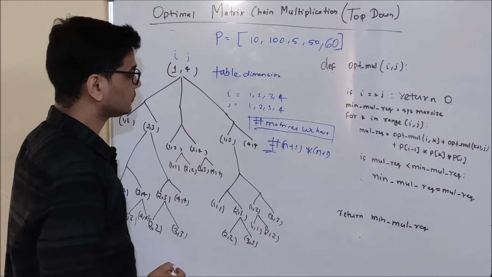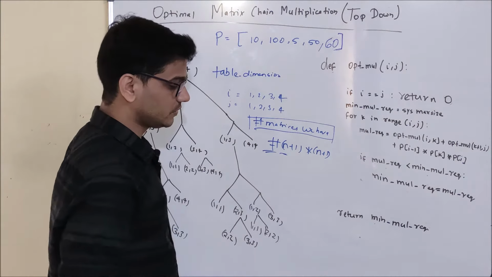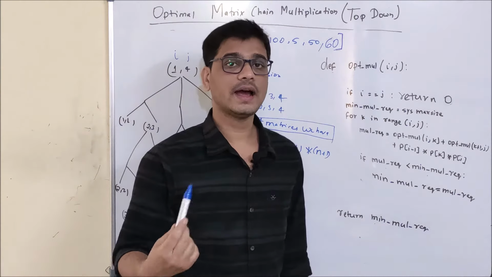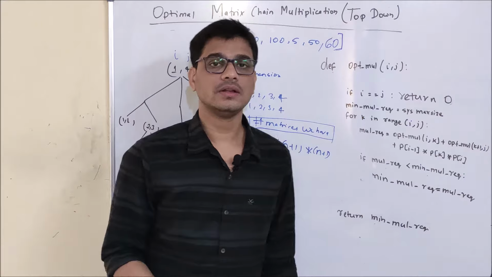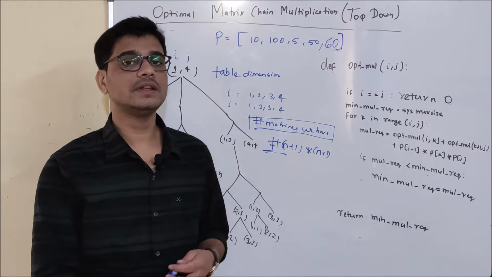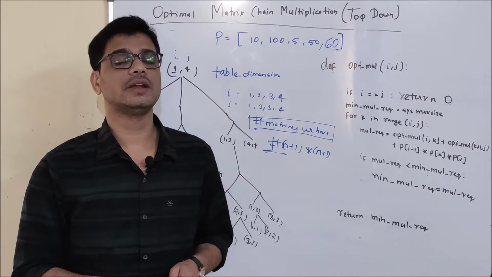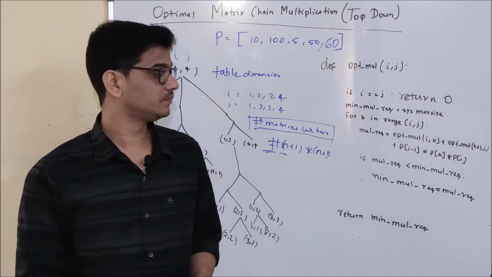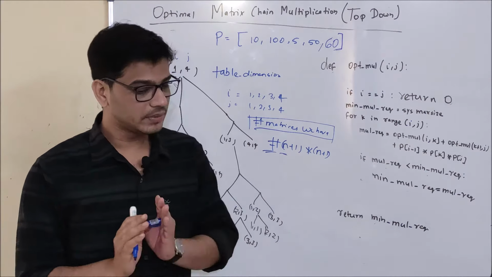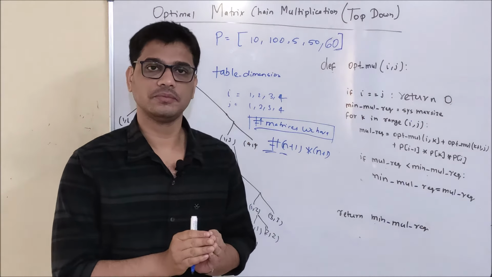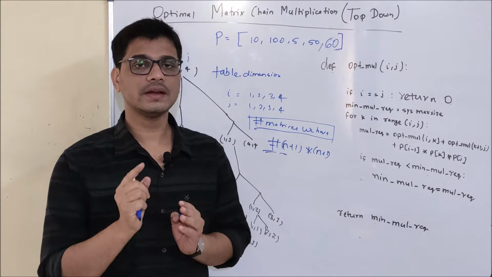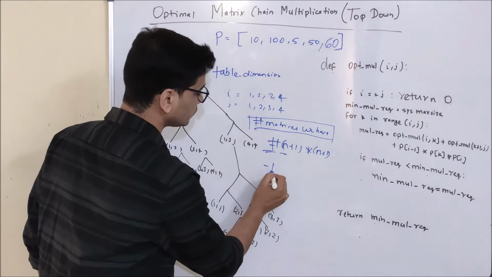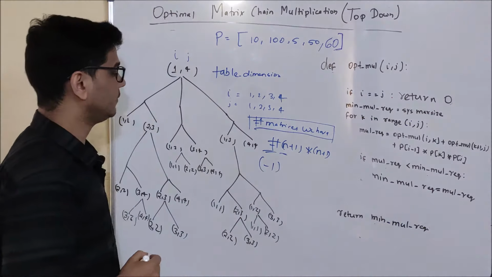And one more thing, as we have the table dimension, we need one more thing. And what is that? An identifier in the table, to let us know whether we have calculated this particular value before or not. And what will be my identifier here? See, the number of multiplications performed can never be negative. So I will take a negative number as my identifier, and I am going to use -1 as my identifier.